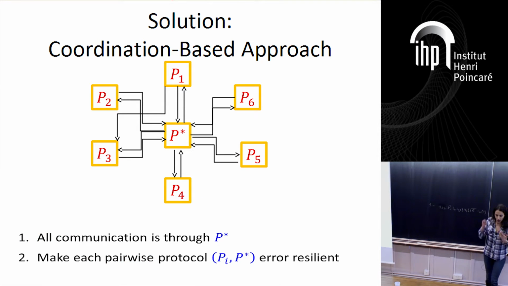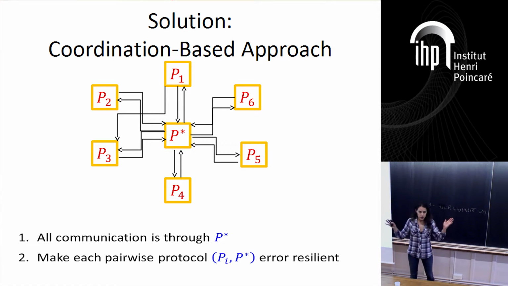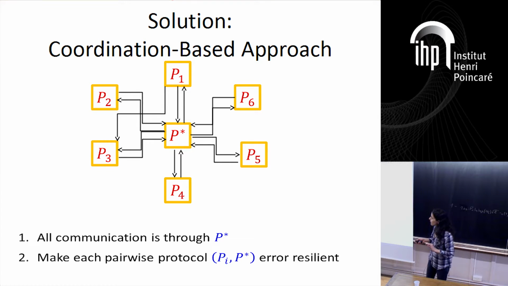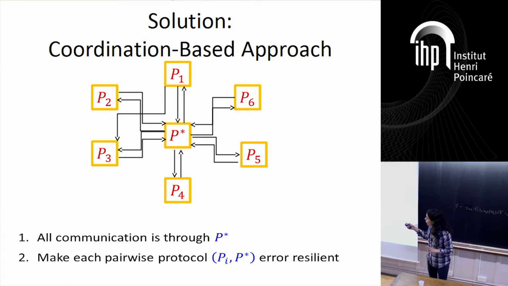Okay, so how are we going to deal with this? So the first idea, that's where the star comes in. We're going to have a coordination-based approach. So we're going to assume that there's one party, we'll call him P star, and assume everybody knows who it is. It's the party whose name comes first in alphabetical order. If everybody's connected to everybody, then just choose one arbitrarily. And now the first thing, I'm going to assume that all the traffic goes through P star. Okay, so in other words, if you started with a protocol,